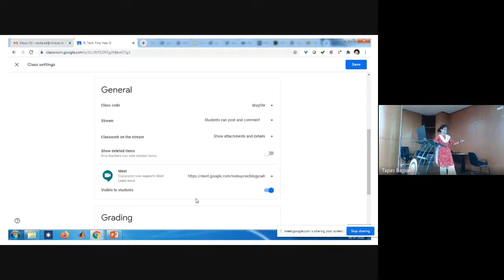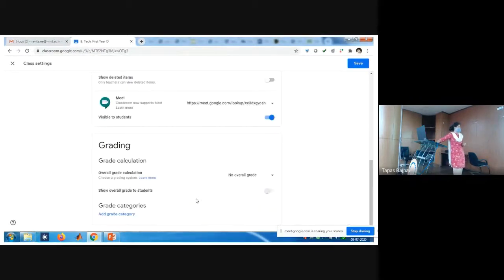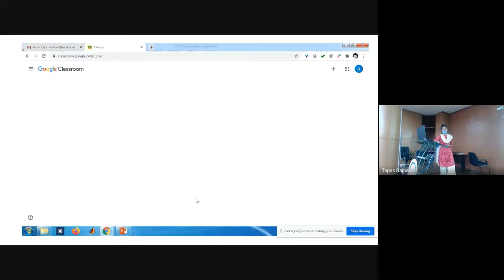Whether you want it visible to students or not, that option is also there. And then grading, the overall grading calculation depending on your assignments or evaluation. So for that evaluation, the overall grading calculation option is also there. So these are the different options in your particular class settings.